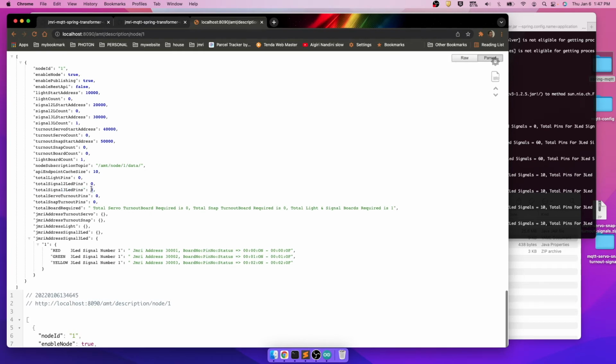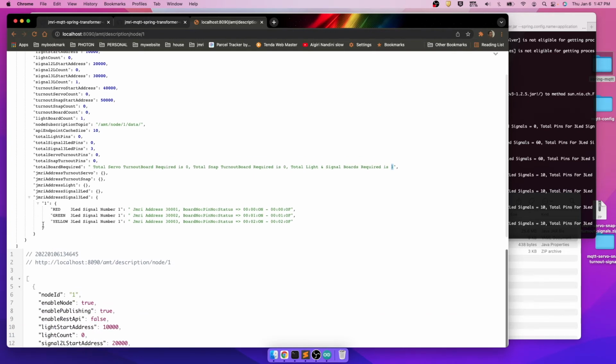We require 3 pins on the board. Total number of turnout boards required is 0, total number of snap turnout boards required is 0, and total number of light and signal boards required is 1. Where we have to configure it, it will tell you here. So here you can see red 3 LED signal on JMRI address 30,001, board number 0, pin number 0, on